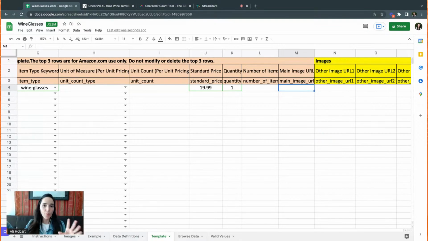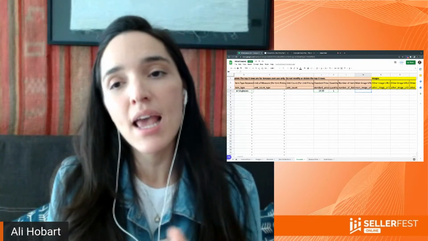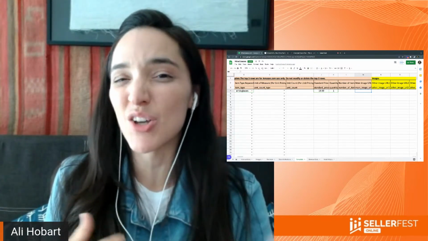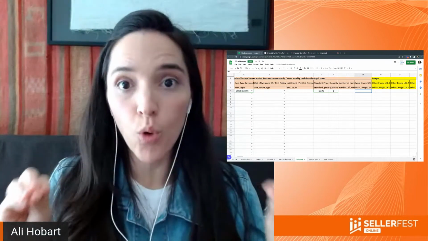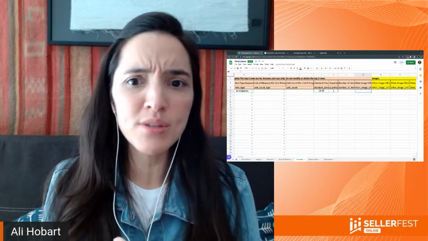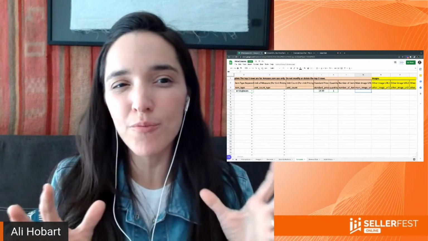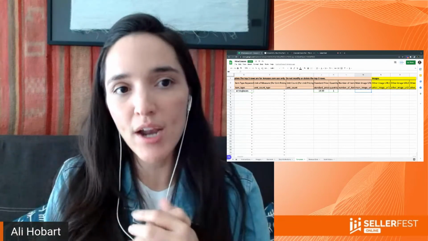All of the changes will make, but the listing will be created as suppressed, and then you could manually add the image. However, this is an issue that has happened to me, and as I can see, it's been happening to other people as well. So maybe I'll look into what specifically is going on. But I've heard of many people using it that never had an issue. So I don't know if it might be something to do with Google Sheets or Excel. I'll try to look into that.